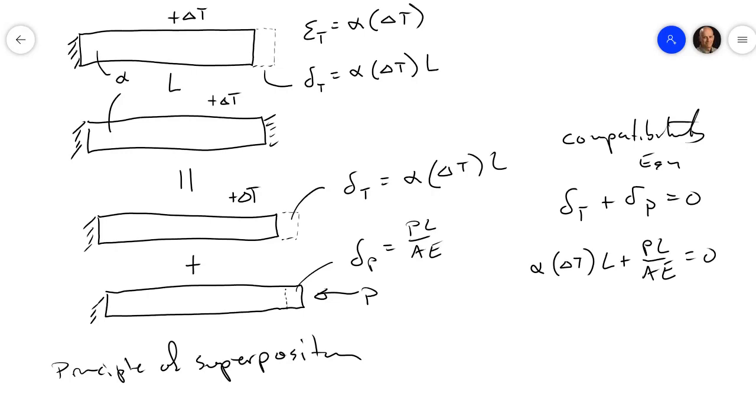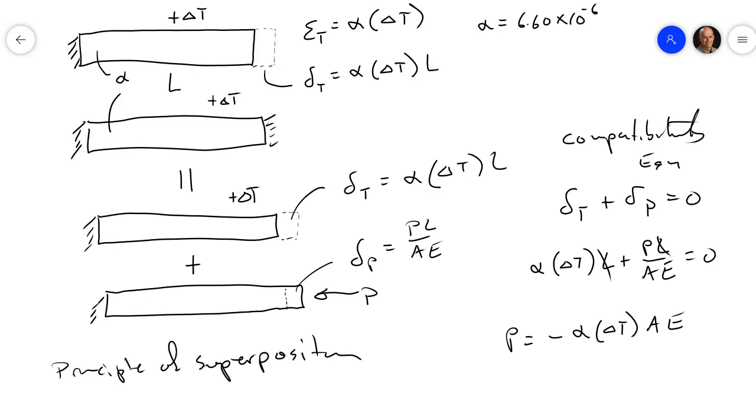We can cancel the L and solve for P. P equals minus alpha delta T AE. Super simple. And if we plug in some numbers, let's suppose that alpha is 6.60 times 10 to the